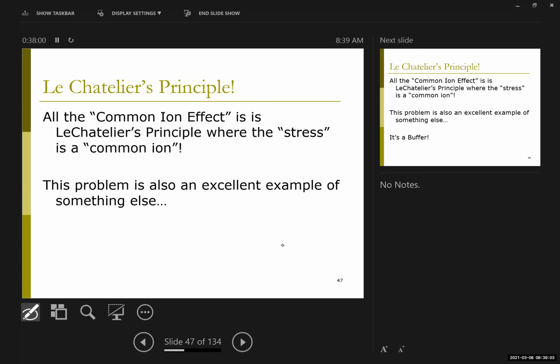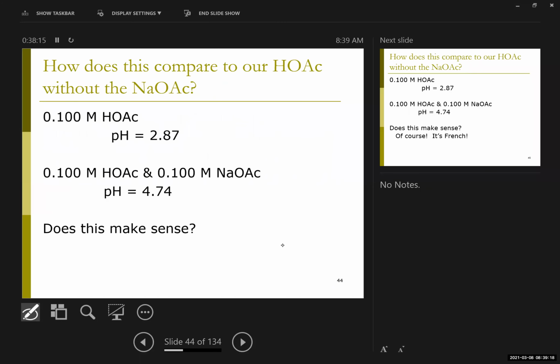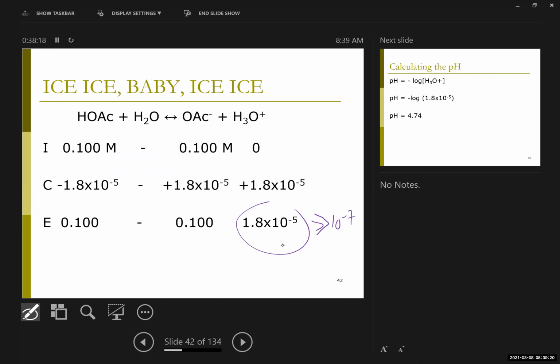Because it would be important if I had added a little bit of acetate. If I had a tiny bit of acetate, there will be a slight shift due to Le Chatelier's principle. What happened here was a much bigger shift. If you look at the ice chart, I have so much acetate that it looks like I had barely any reaction with the water. If I go to 5 sig figs, I'll see a small change, but there's really just way too much acetate in the system to allow the acetic acid to make more by reacting with water.